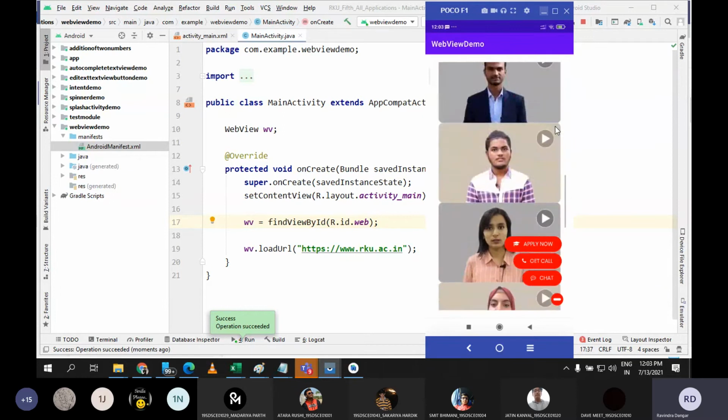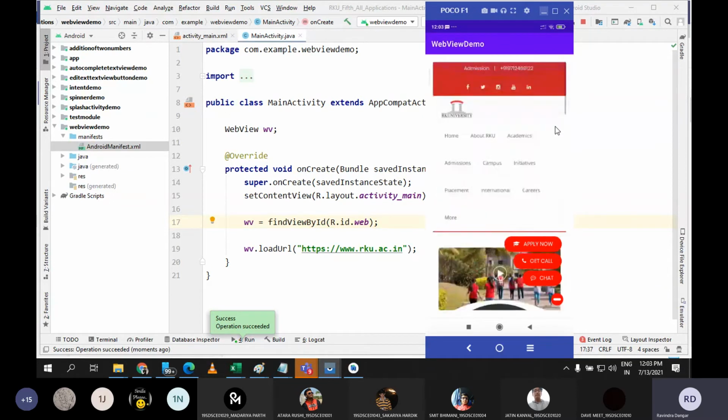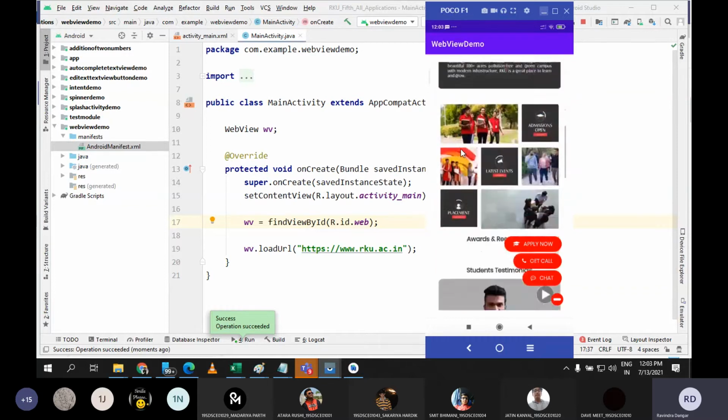And as our website is responsive, I am getting a clear view. If I open the website normally, all the options, home, about, archive, academics, the buttons are horizontally placed. But here, as the website is responsive, I am able to see it clearly.